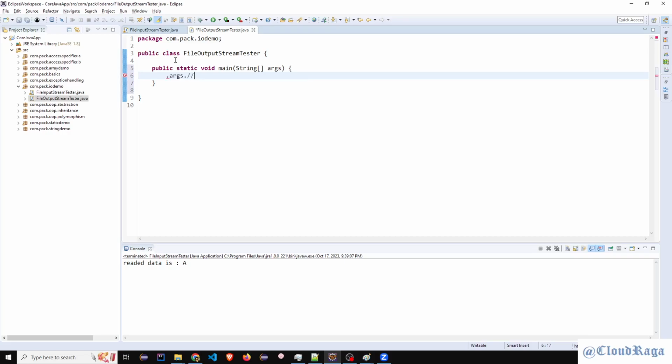So the idea is to write a byte into a file, because we are using the file input stream class that deals with bytes. We are talking about some byte oriented classes here.